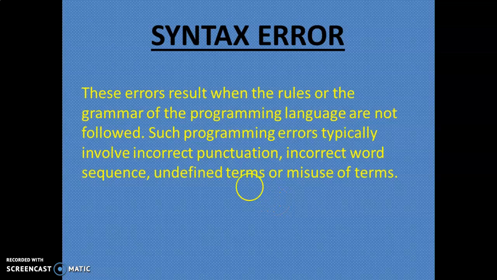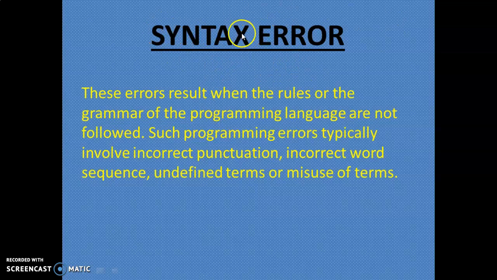So if you write down any wrong thing, grammatically wrong, then it's called syntax error. Suppose in English we write I am a student. If I am writing I is a student, then this is one grammatical error,